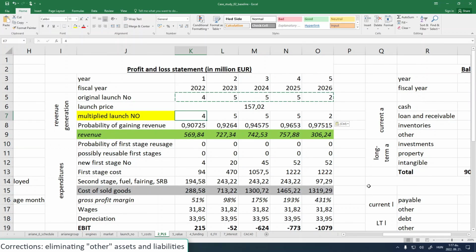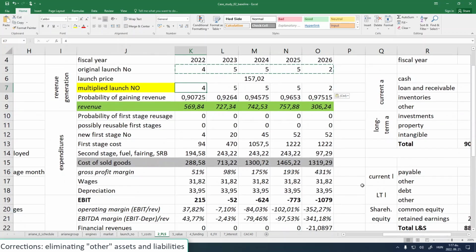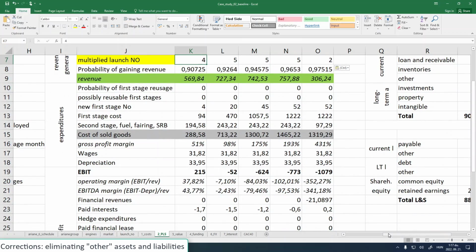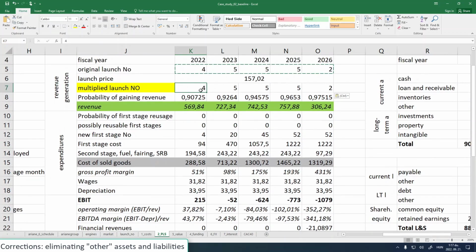I don't know what will happen in the next 5 years with ArianeSpace, but we simulated everything. So we have the original launch numbers, which is right now in their books. Maybe it can increase by 1 or 2 launches, but that's all. These are the official revenue numbers. Okay, probability of realizing revenues, maybe it can be biased, so it can be a bit higher, but